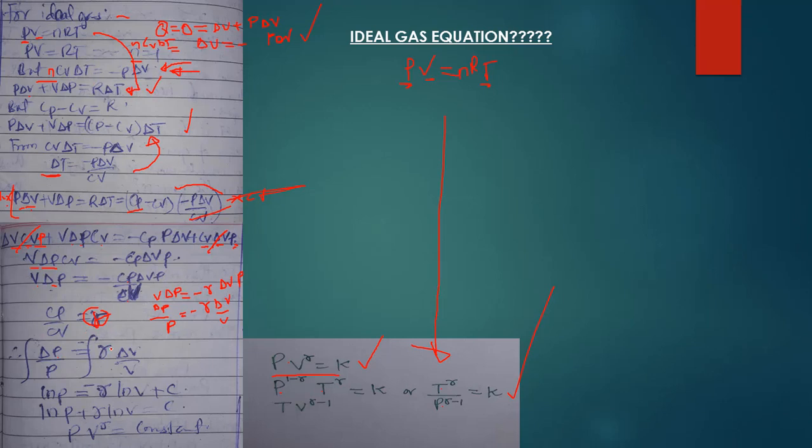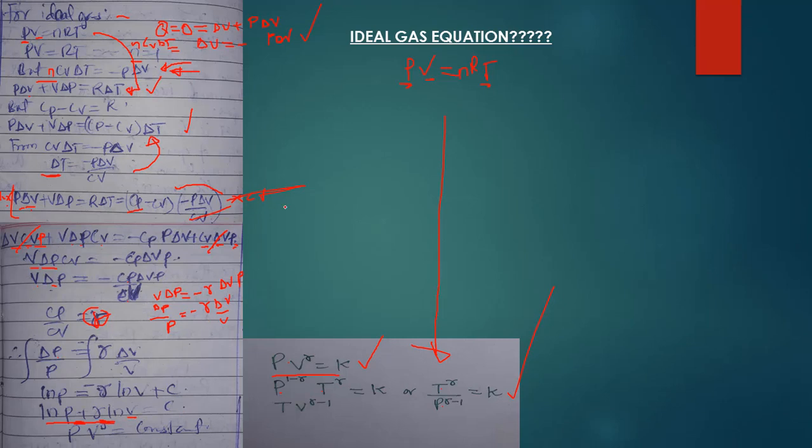Kwa baada hapo una integrate, so inakuwa ln ya P ni sawasawa na negative ln ya V plus a constant. So if you bring that there inakuwa ln P plus hiyo symbol ln V ni sawasawa na a constant. Okay, if we convert this in exponential form, tunakuja kupata kwamba P times V power R ni sawasawa na C, because you know tunavyosema ln ya P